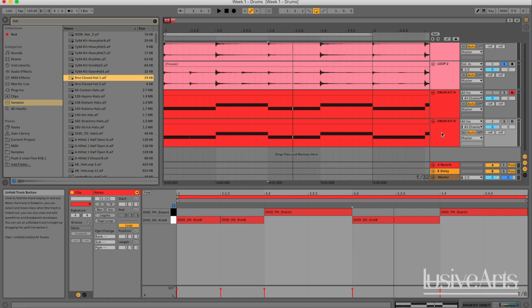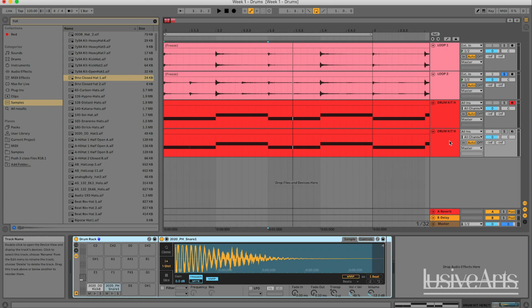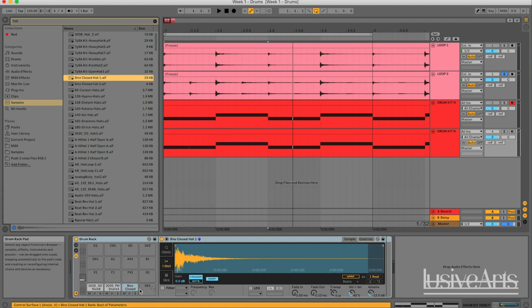Now to add more sounds to this drum kit, I have to double click this instrument here. That'll bring up the drum rack again. So what I can do is just drag this hat in. Now I know that the other sound we needed, if I hit play,